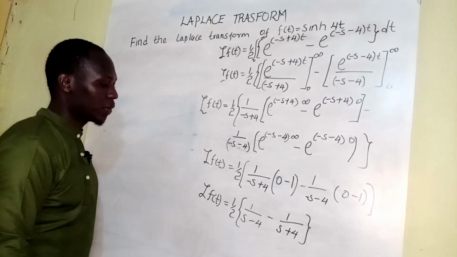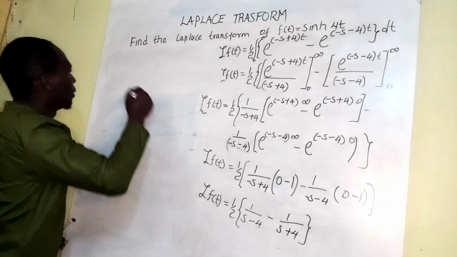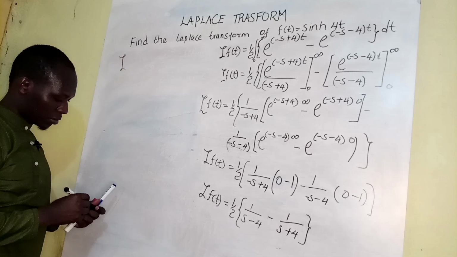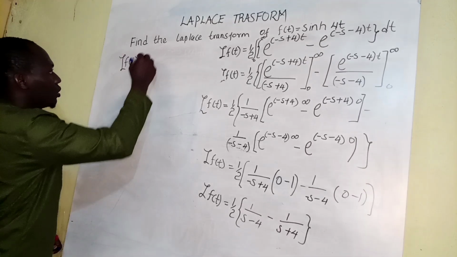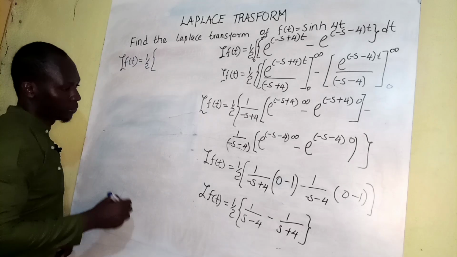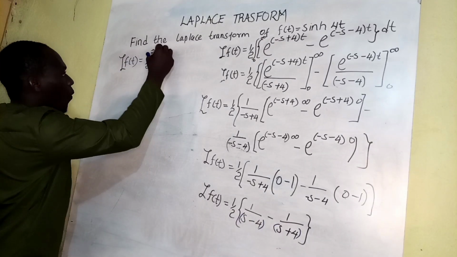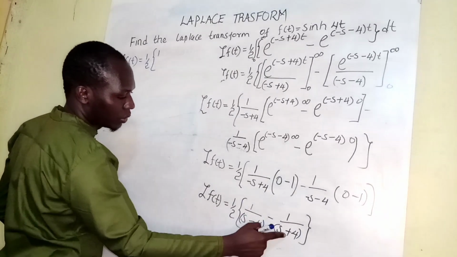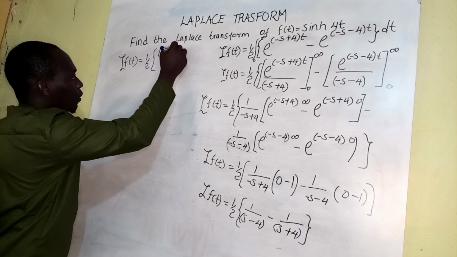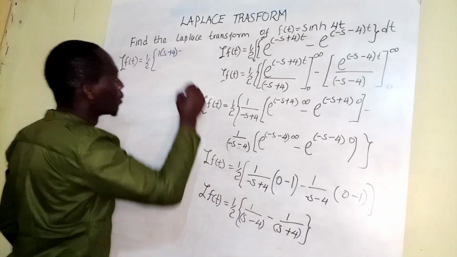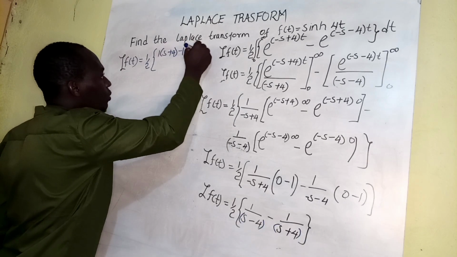By simplification of whatever we are having within this bracket, we are going to do our cross multiplication, whereby the Laplace transform of our function f of t is going to be equal to a half into, we take whatever we are having here, 1, whatever we are having here, we multiply by 1, and we are going to have s, we add to 4, we subtract from 1 into s, we subtract from 4